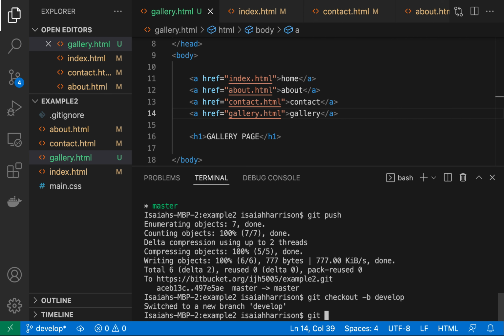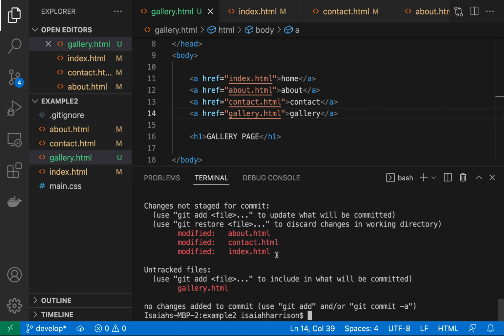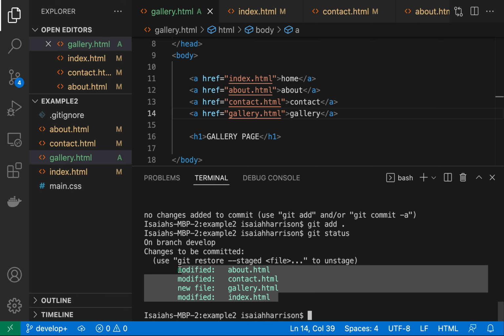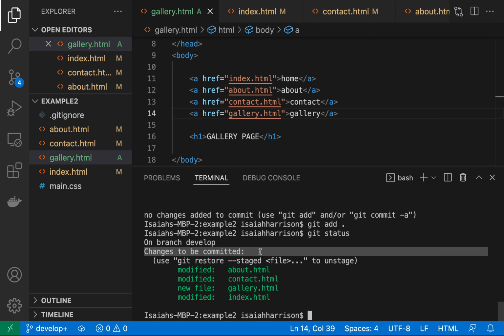If I do a git status, we can see that we have a bunch of untracked changes. All of these are untracked, and this is untracked as well, except this is the only new file that we added, which is why they're separated this way. I'll just do a git add all. Run that git status. Everything is now being tracked, ready to be committed, aka I'm ready to have the snapshot